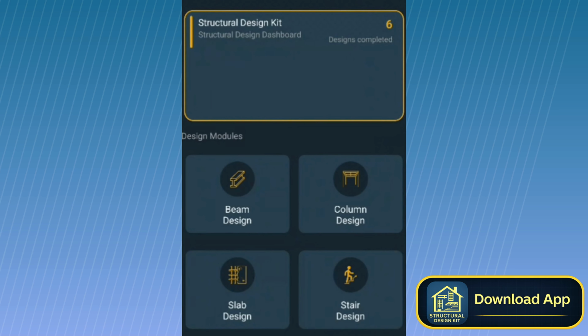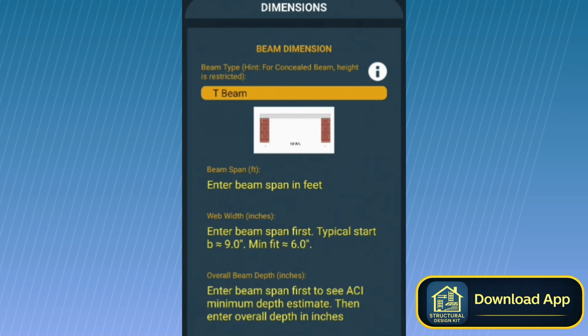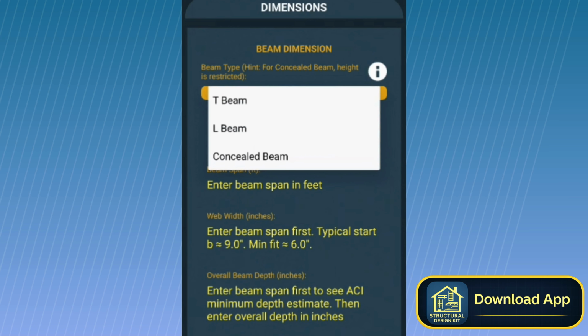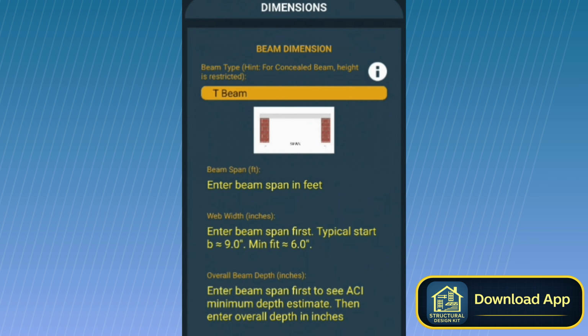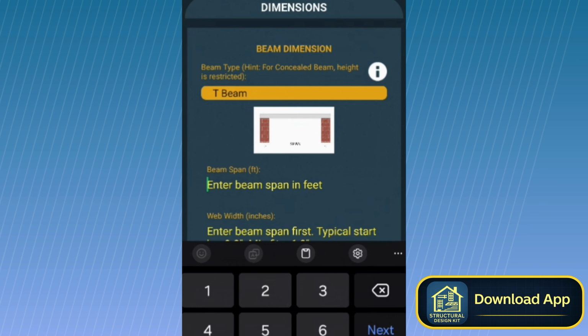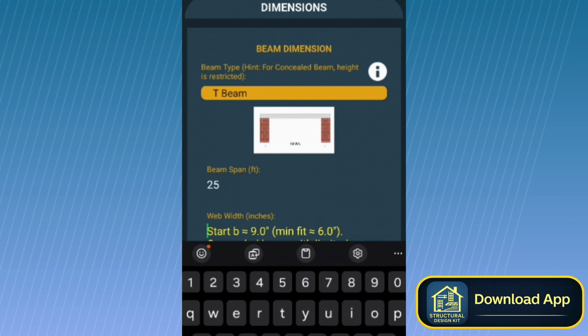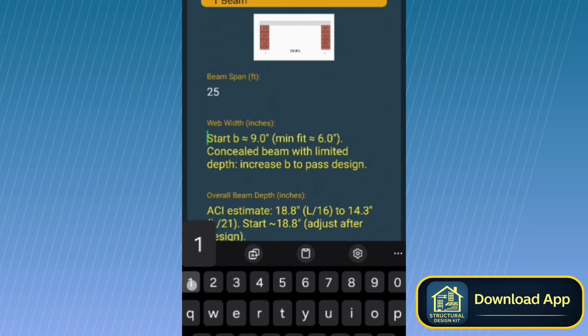Here is the beam design module, which is the most detailed part of the app. You can design a T-beam, an L-beam, or a rectangular beam depending on your slab condition. Begin by entering the span and then add the basic dimensions such as the web width, the overall depth, and